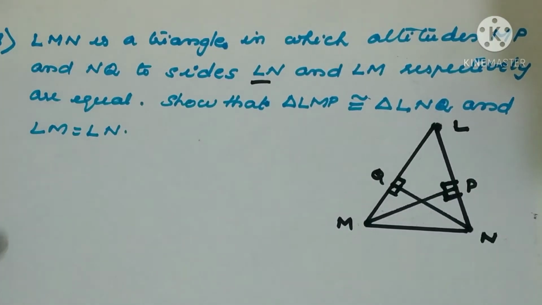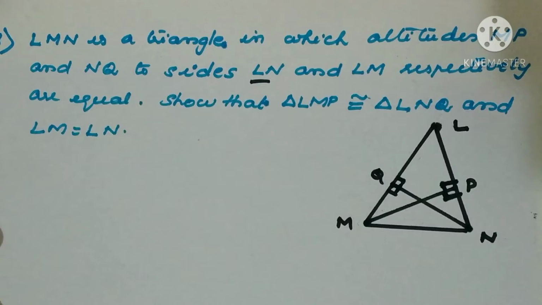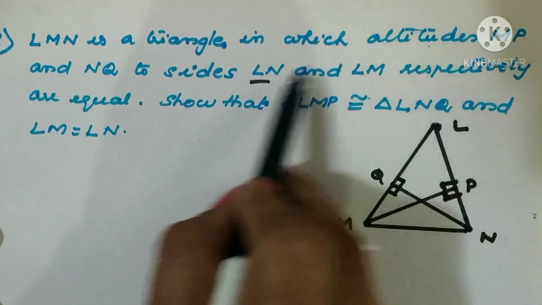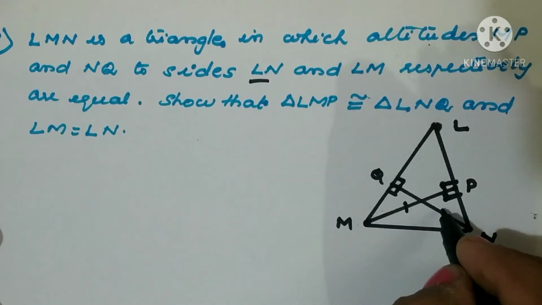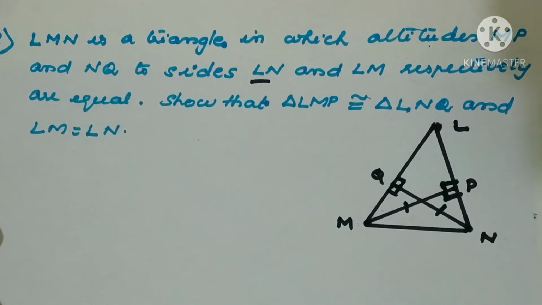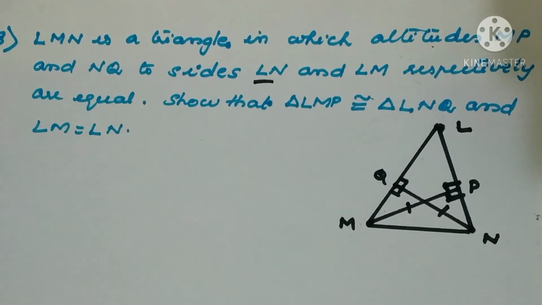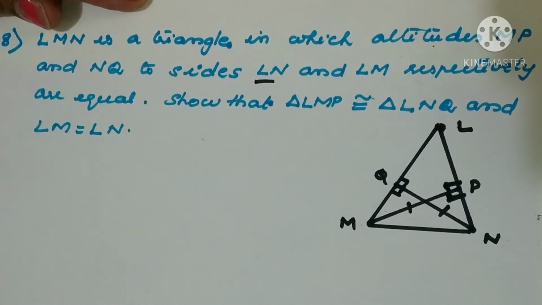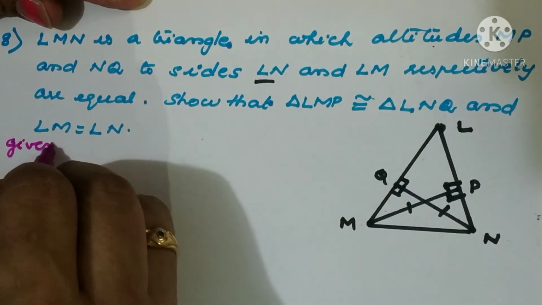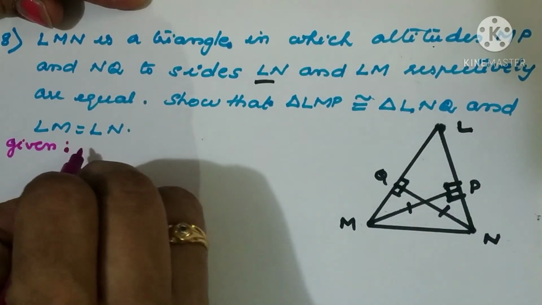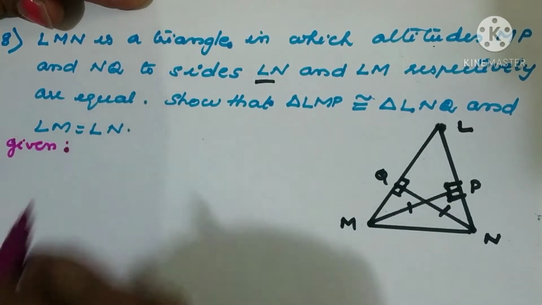Now one more sentence we have to read carefully, that altitudes are equal. That means MP equal to NQ. This is also given in the question. Got it? Now what should we prove? Triangle LMP is congruent to triangle LNQ. So it's a geometrical proof, and you know that we should write all the steps. So, given: angle P